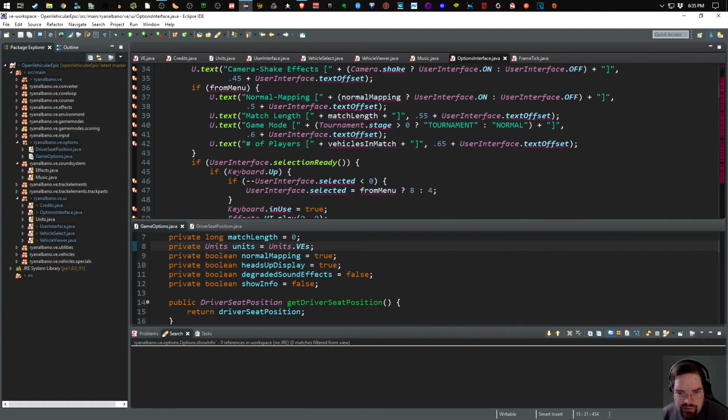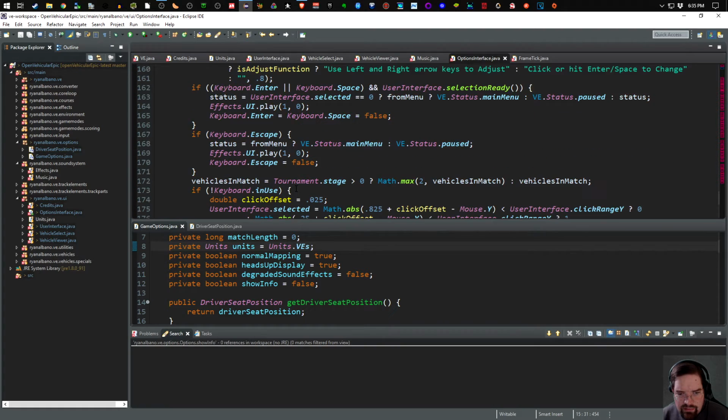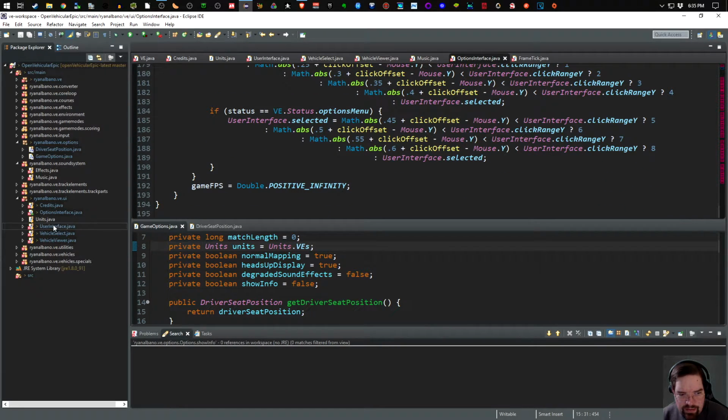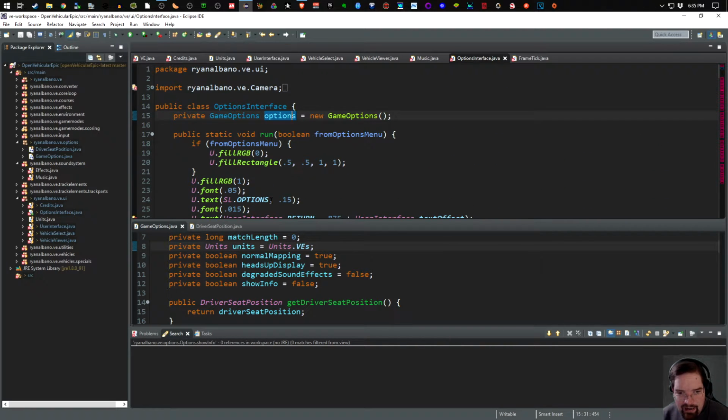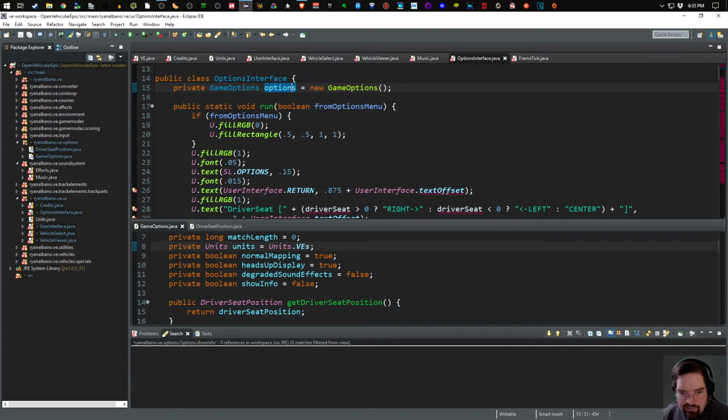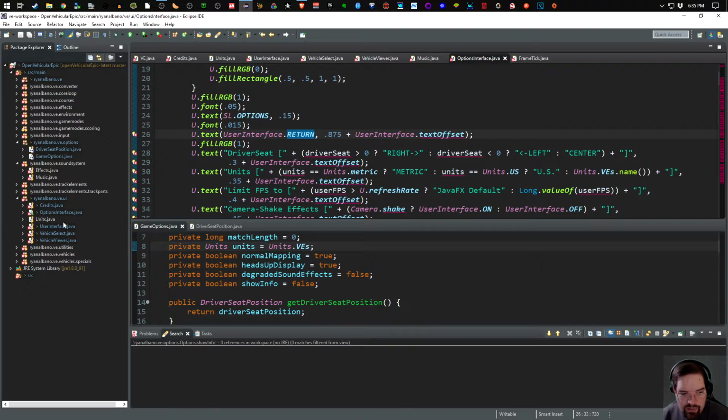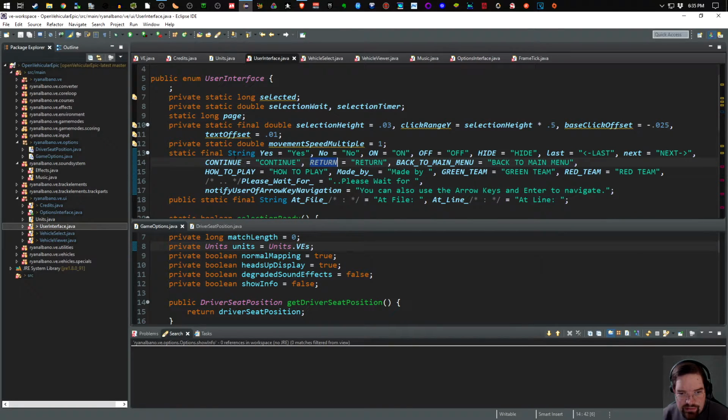And then this is just doing user interface stuff. So it's under the user interface package where it should have been in the first place. And that means wherever we have references to user interface.return, these are now working because these are package private, right? They don't have a visibility on there, so they become package private, which means anyone in this user interface package can see those now, which is okay for the moment, but honestly,